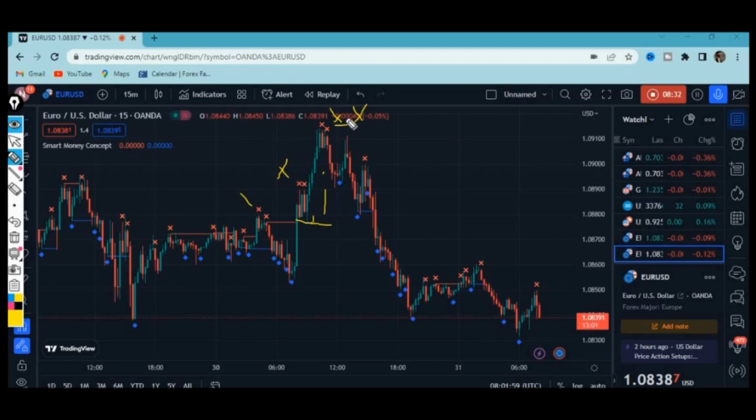When it got to this point over here, even without waiting for confirmation of breakout structure or change of character, you can look at what happened right here. There was too much rejection of higher prices, and the market really proceeded to the downside. So that's the easiest way you can use this indicator, even without waiting for a change of character and breakout structure. And here you can see the market is really respecting the peak over here, and it is proceeding